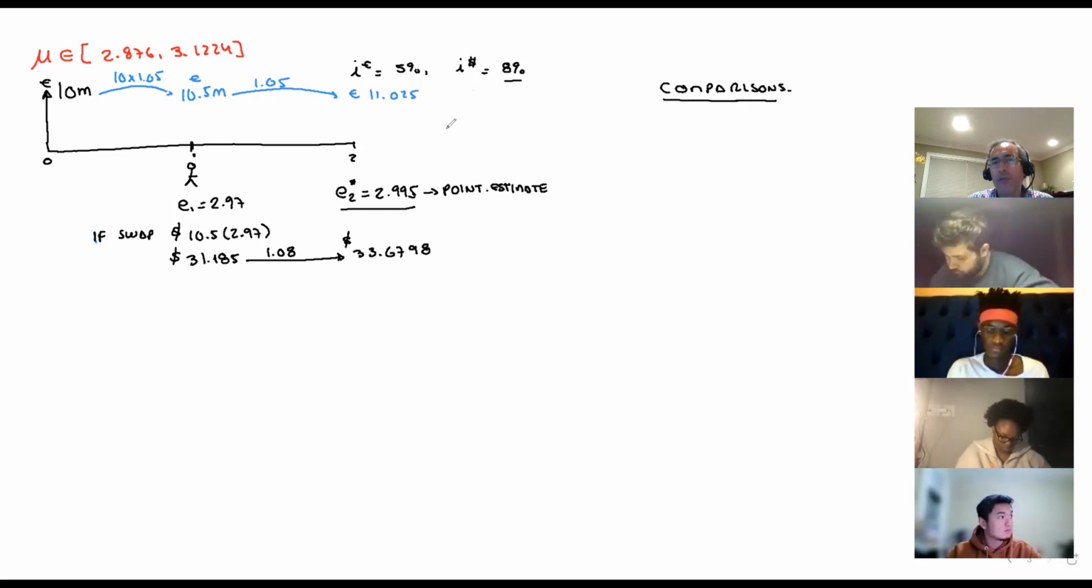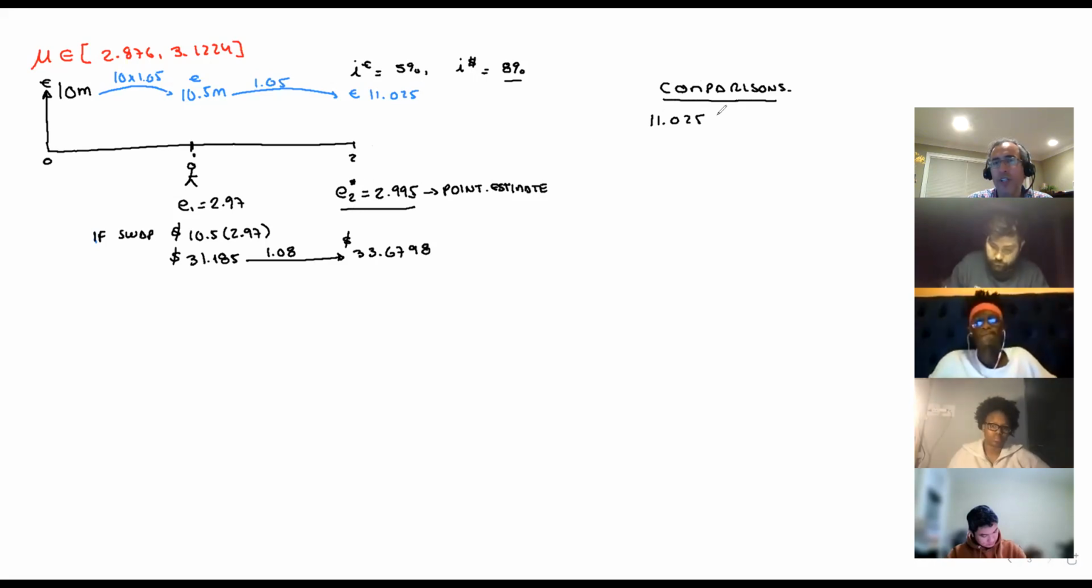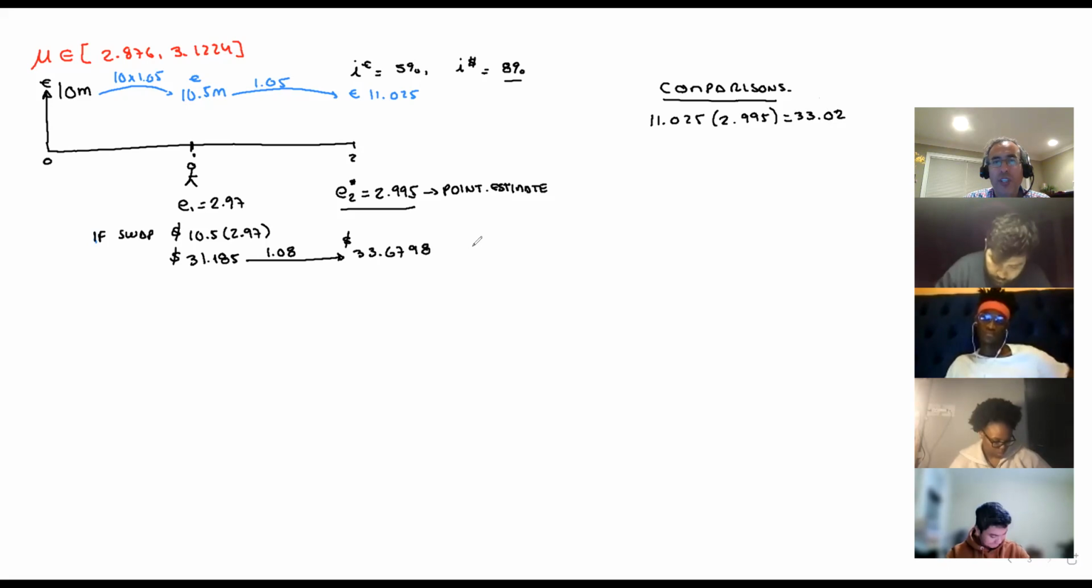Now I will transform everything into dollars. So 11.025, if we arrive at period 2 and then we observe this exchange rate, this should be times 2.995. So this is equal to what? Someone? I got 33.019875. Yeah, let's round it. All right? Excellent. So if I compare this with this option here,